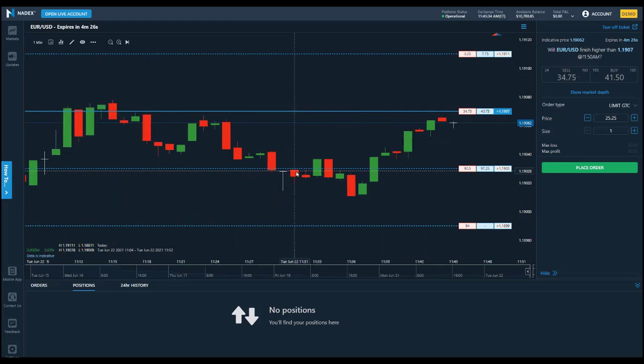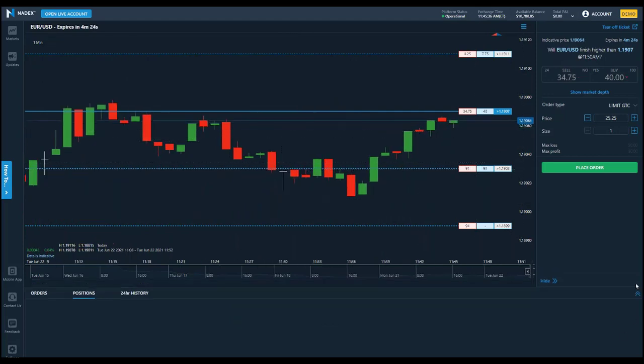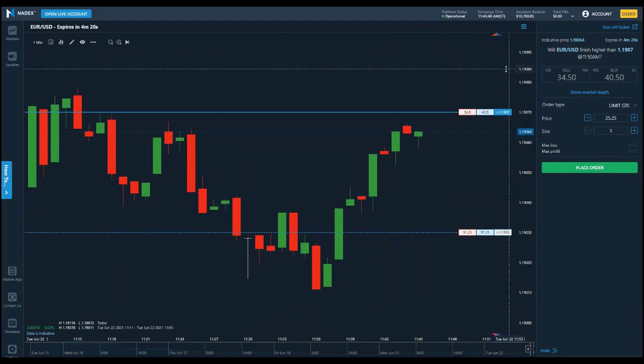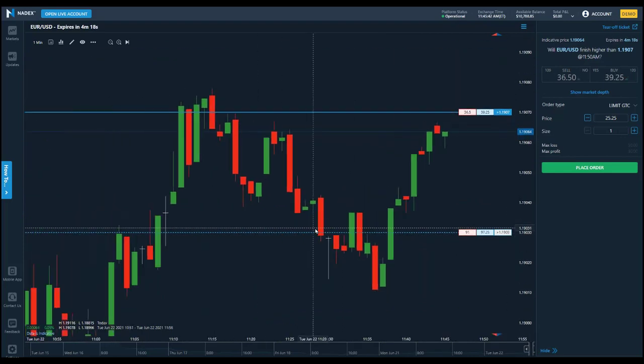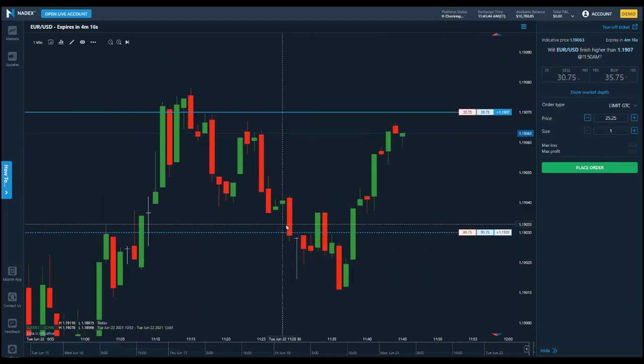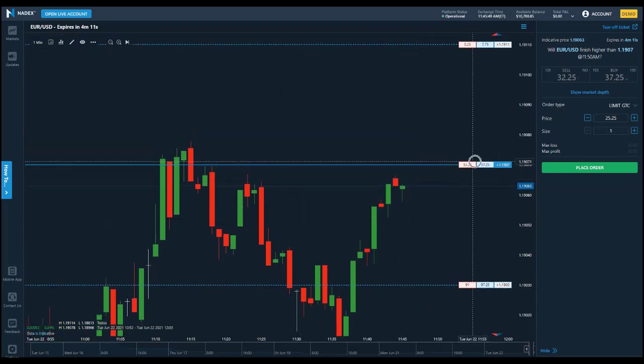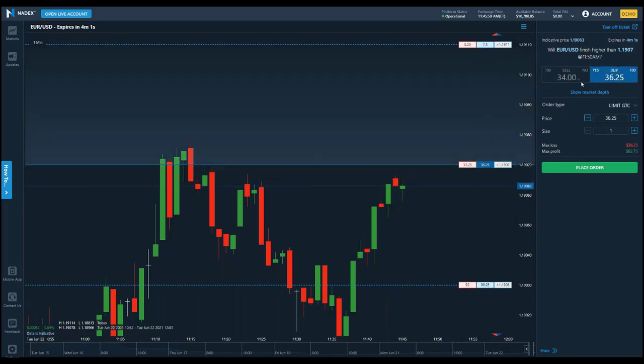Let's stretch this out some. I'm going to shrink this down so we can really see this chart. I want to expand this again. Let's bring this in a little bit. And we've got a new set of probabilities, and you can watch. All right, right now it's below the 1.1907. Now, if I think it's going to punch higher, let's just put a bid in below. I'm going to put in a bid at 32, 33. I could put one in there.